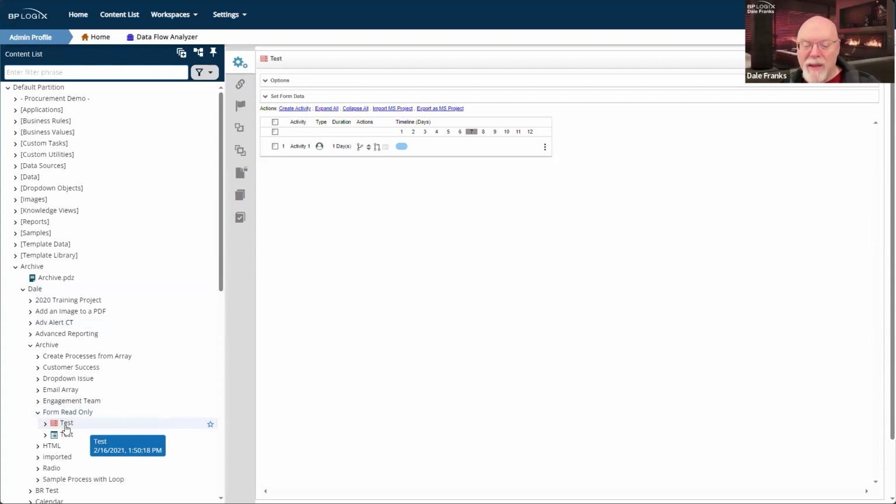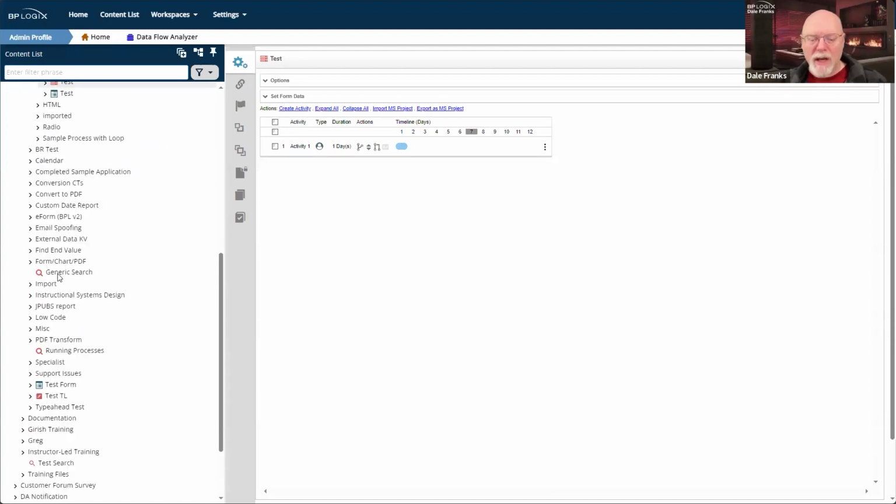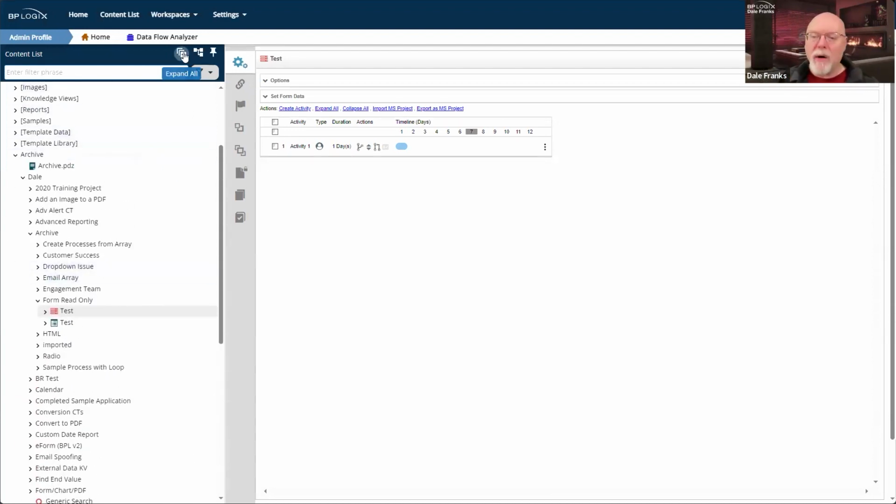And then there is the process timeline that I have open in the contents pane on the right, that test process timeline, which is also highlighted here on the left, as the content list keeps up with where I am on the contents pane so that I know what my location is at all times. Also notice that even though I said to collapse all, it did not collapse where I was because I'm actually looking at this object. Because I'm looking at this object, it will not collapse that section of the content list.